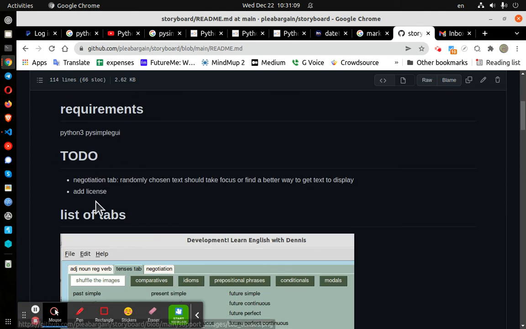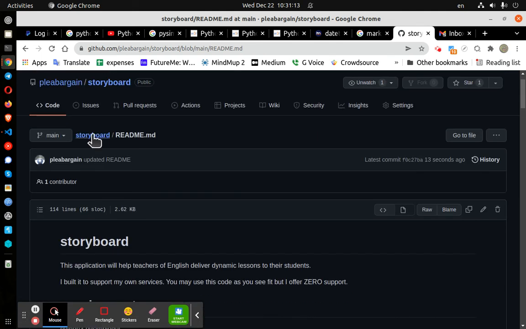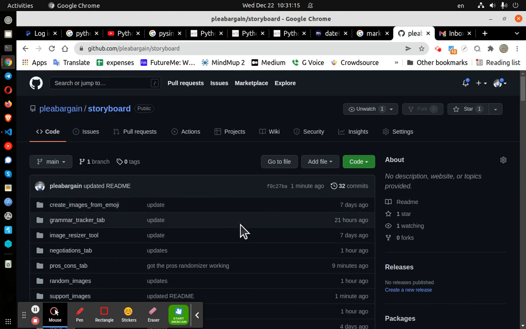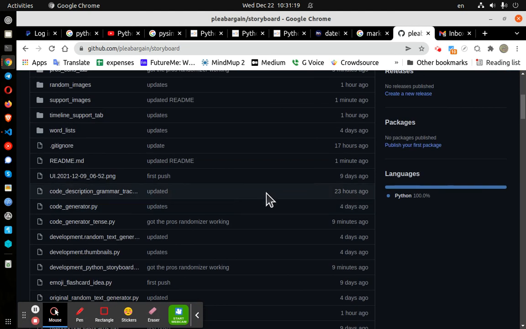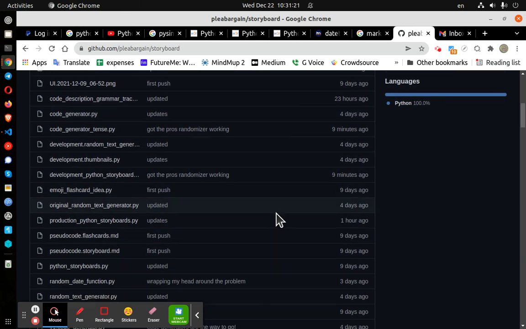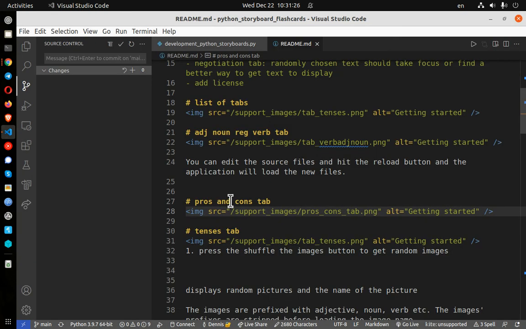Just need to fix this one here. But anyway, that is a quick and easy way to load your changes from VS Code directly to GitHub, and again, the very useful aspect of right here,